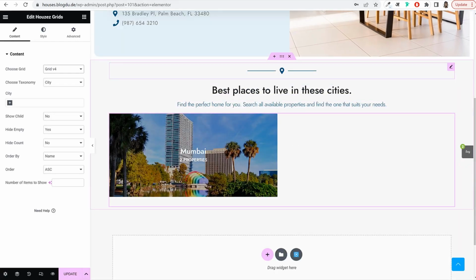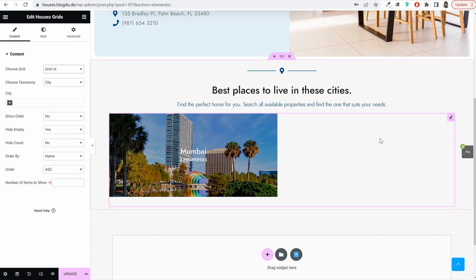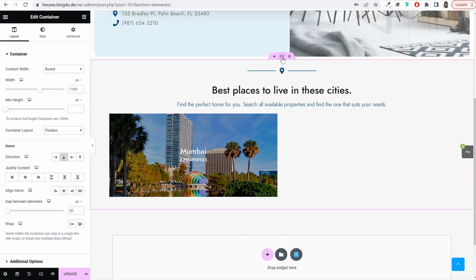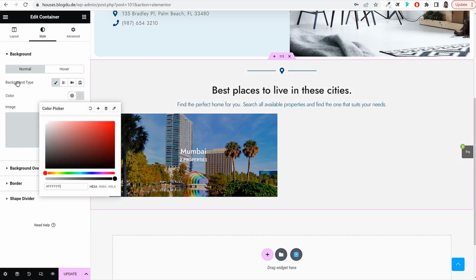So under style 4, once you add more 2, 3, 4, 5, 6, it will keep on adding these cities. Okay, so select style 4. Now for this also select this option, edit container, change the background color to white color. All right,